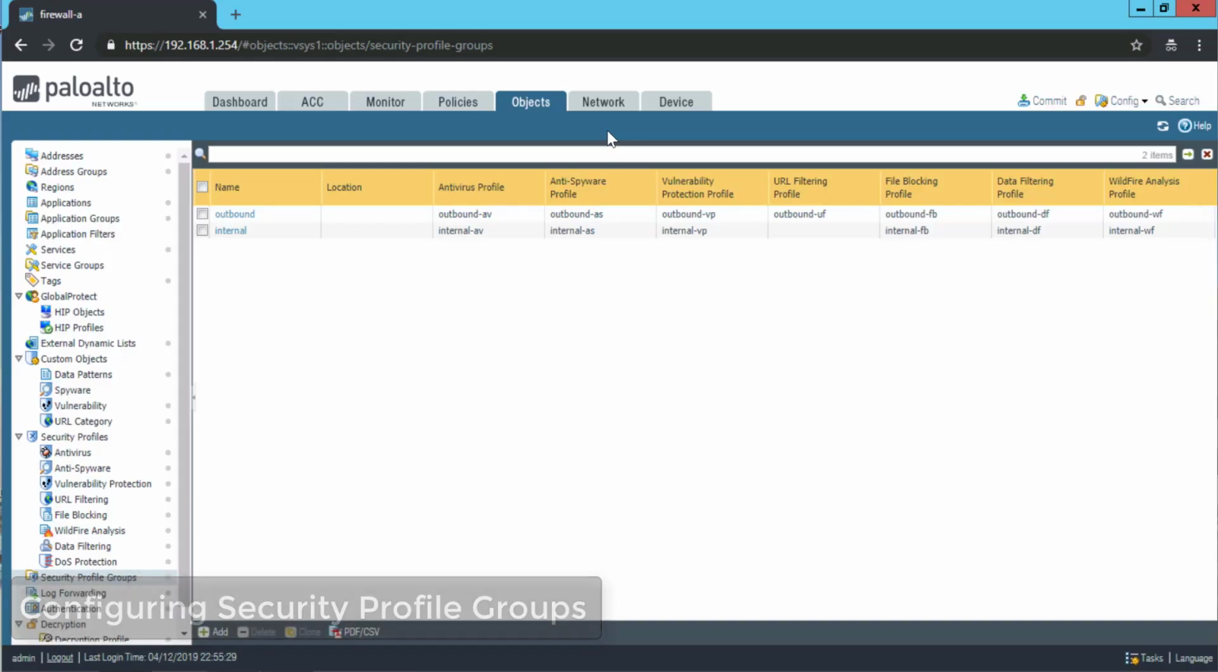This demonstration shows you how to create security profile groups and attach them to security policy rules. To simplify security policy rule configuration and maintenance, you should create and use at least 3 security profile groups named outbound, inbound, and internal. Collect all your outbound security profiles into the outbound group, inbound security profiles into the inbound